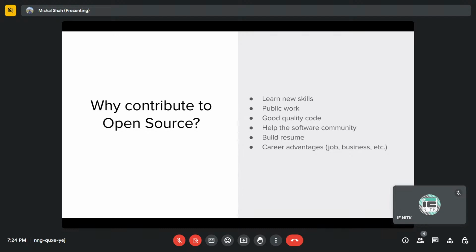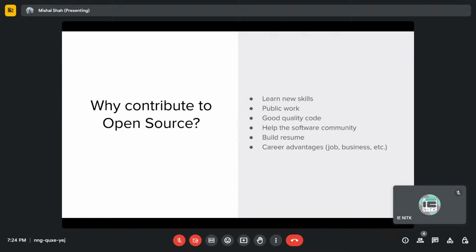So if you don't have ideas and you're looking for ideas, go ahead and contribute. That's much more valuable than building a small to-do app or something like that. It will help you build your resume. You can mention that you contributed to this open source software, this particular feature or this particular bug fix, and that's much more valuable because people know that you have navigated through complex code, you know how the systems work, you know software engineering.